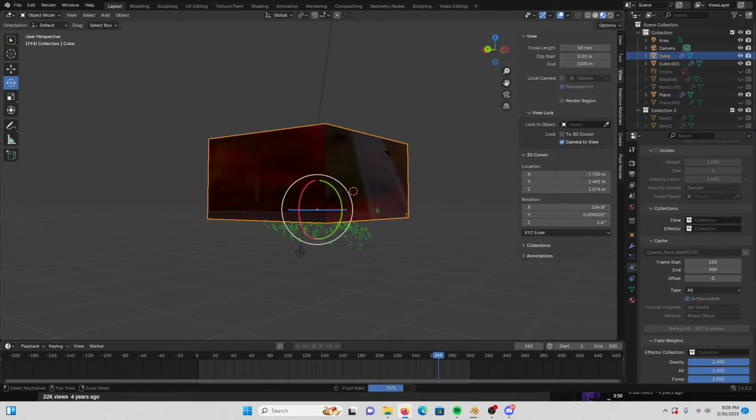The guides will have to be baked anytime you change any settings related to them. Anytime you make a change, you'll have to rebake them to have that in the simulation. If your guides are set to domain, then there is one more option where you can select the domain to use for your fluid guiding. Let's hop back over to our effector and take a look at that. The is-planar toggle should be on when using a flat guide, just like with collisions. The surface thickness works exactly like the collision options as well, allowing you to define extra thickness past